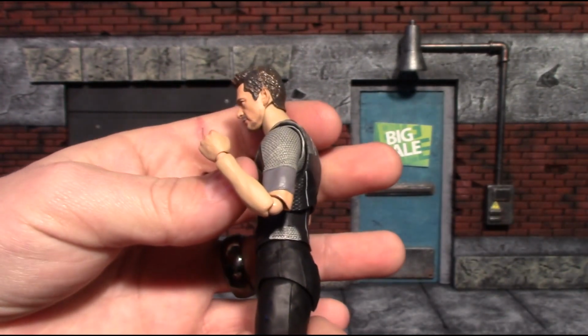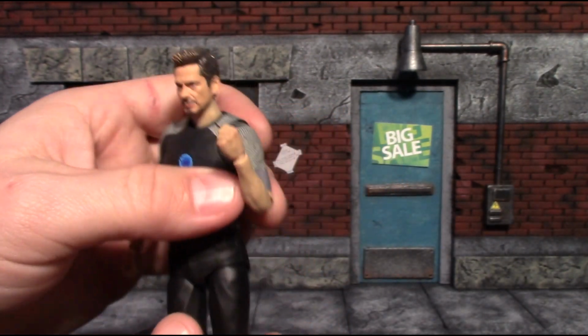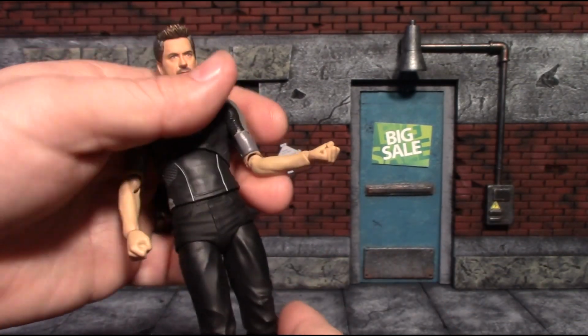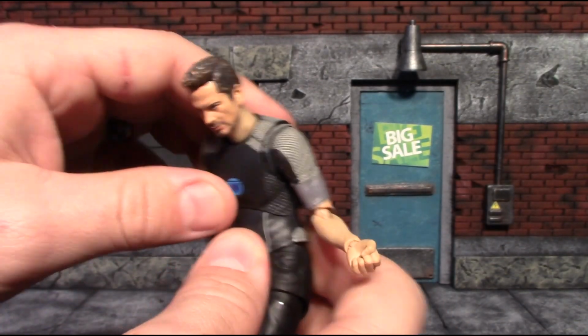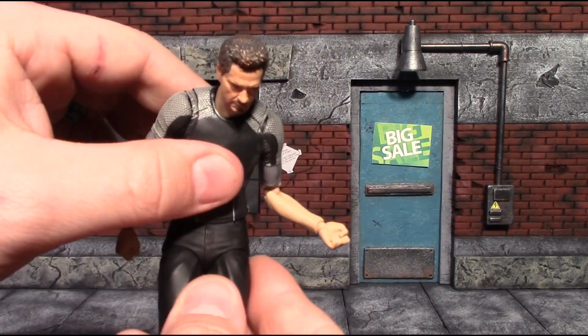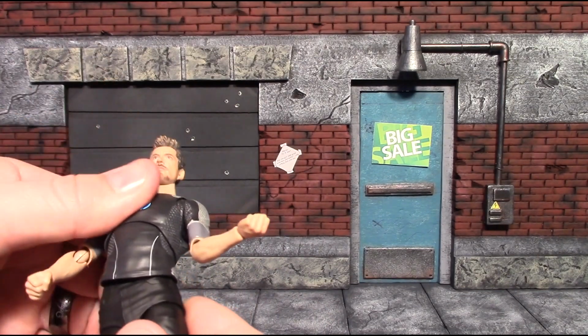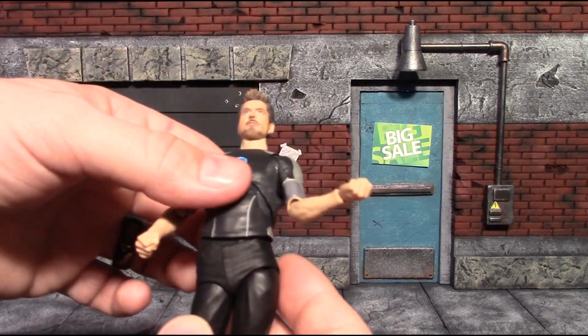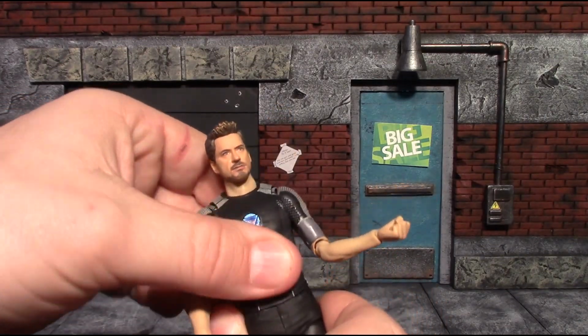You have a single bend at the elbow, but you can get over 90 on it. These hands are pegged in and on a disc, so you get pretty good movement there. You do have some ab crunch, and with the waist crunch as well, you get some good crunch forward and good crunch backwards. And the way they made the figure, everything seems to cover pretty well when you do that